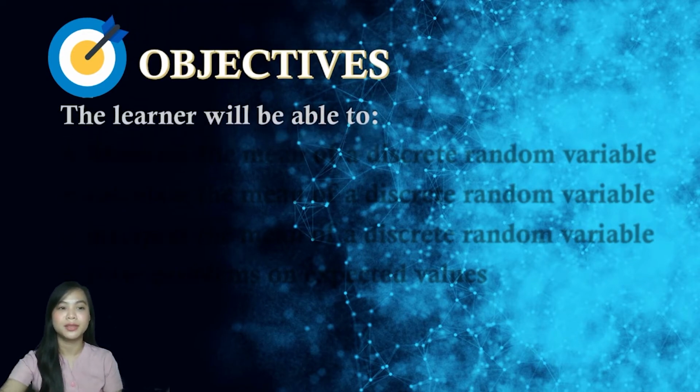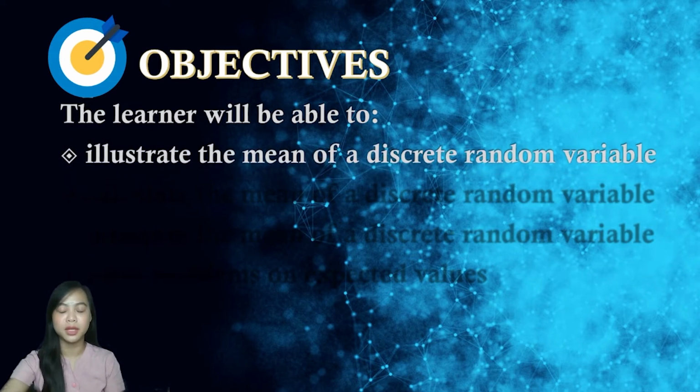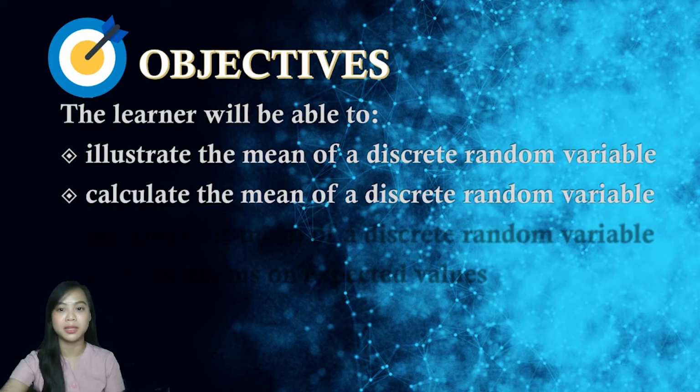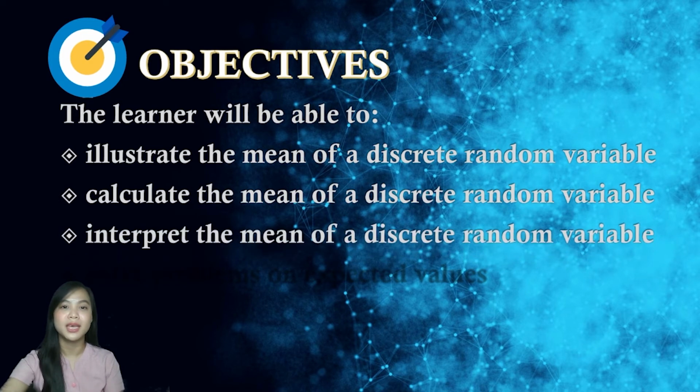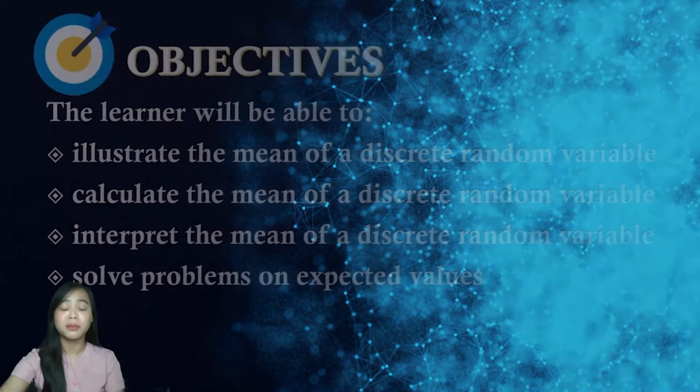objectives. The learner will be able to illustrate the mean of a discrete random variable, calculate the mean of a discrete random variable, interpret the mean of the discrete random variable, and lastly, solve problems on expected values. So what are those expected values? Let us find out. But first,